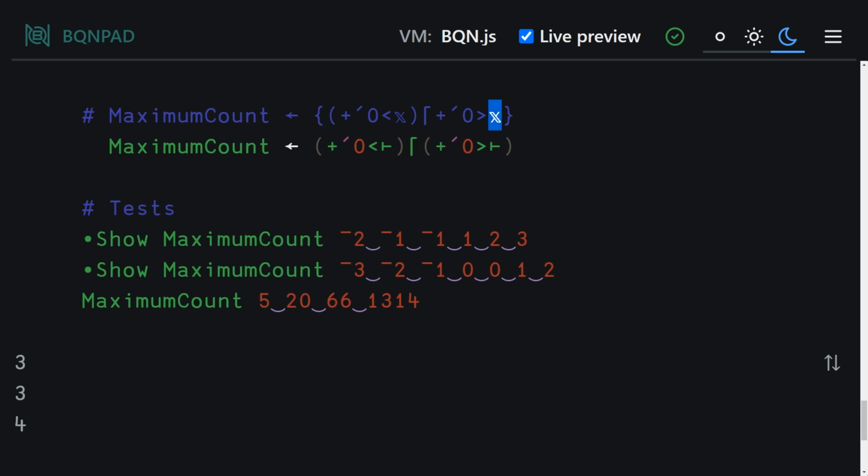So there's no mention of our argument x here. The next thing we can do is borrow from what we had in our Haskell solution. So in Haskell, we only had 1 length. The equivalent of our length in BQN is this plus reduction, and we have 2 of them here. So we can